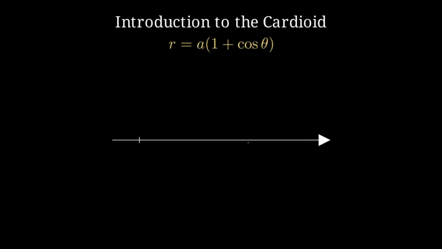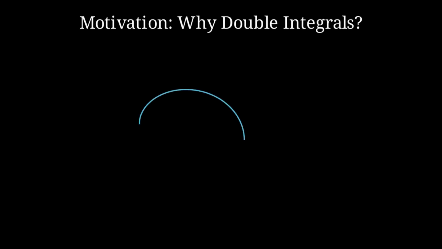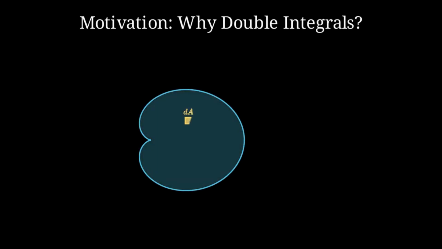In multivariable calculus, calculating areas of complex shapes is a fundamental skill. Today, we will use double integrals to find the exact area of a polar cardioid, a heart-shaped curve defined by the equation r equals a times (1 plus cosine theta). While single integrals can solve this, double integrals provide a robust framework for understanding area in polar coordinates. By integrating the constant function 1 over the region, we can determine the total space enclosed by this unique geometric